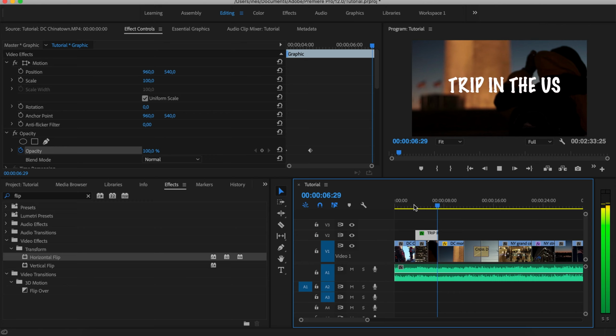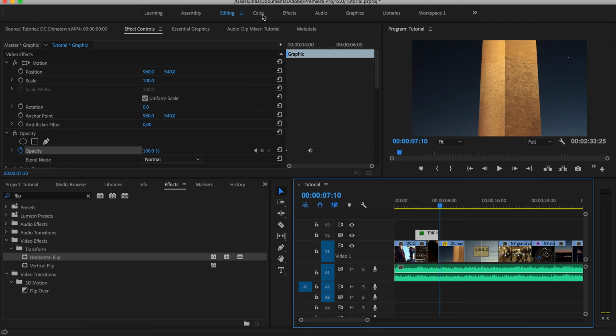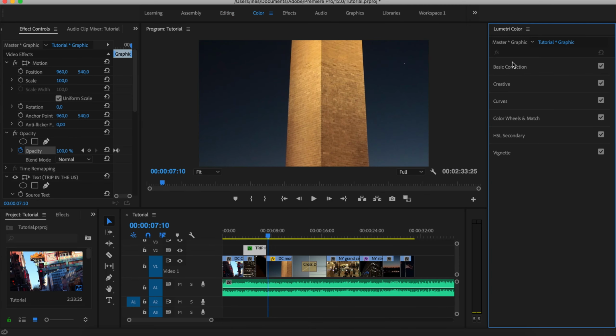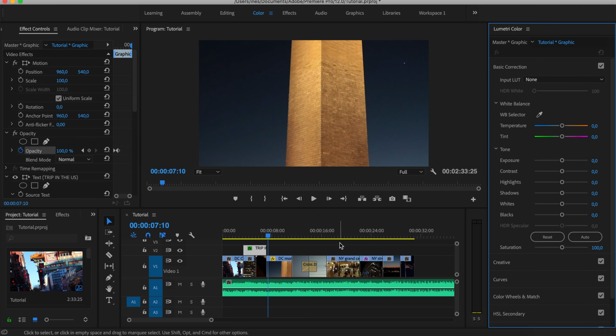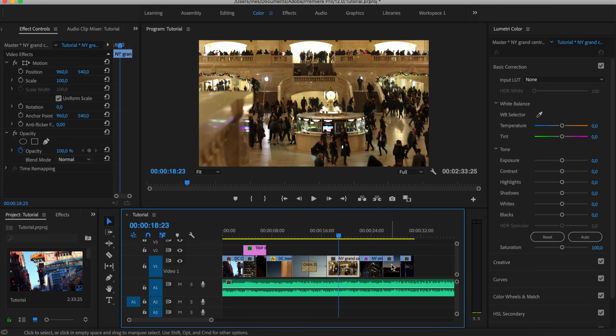extra, a bit of color correction is always good. This is a really good way to make your video seem a bit more cinematographic. We're going to open up the color workspace. On the right side, we can see a number of categories: basic correction, creative, curves, color wheels, etc. We're going to open up the basic correction tab in order to apply some of the most basic effects to